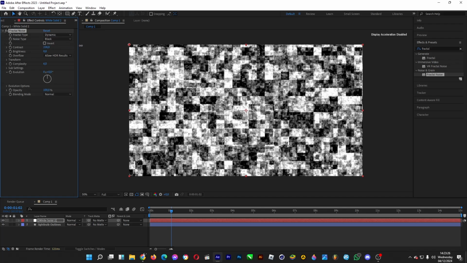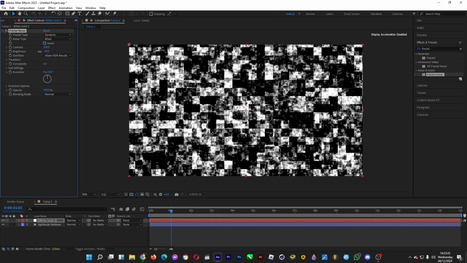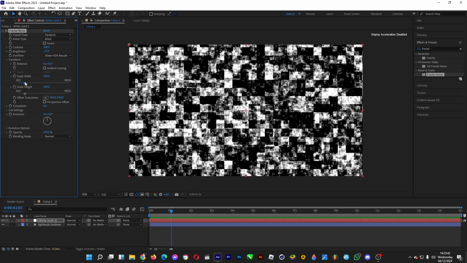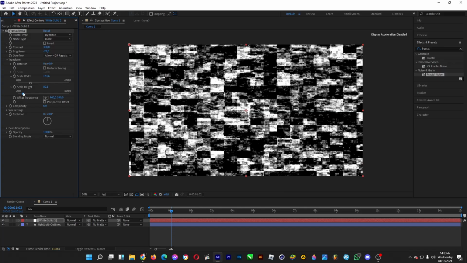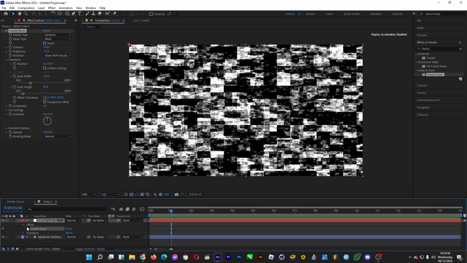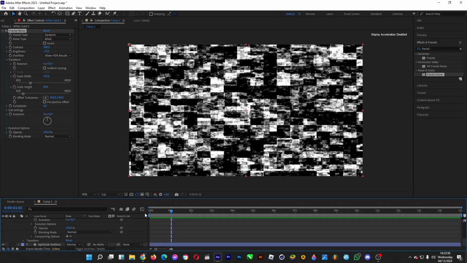Increase the contrast so that there are areas which are purely white and purely black, and then you can decrease the brightness just like this. Once you're done doing so, go under transform, uncheck the box for uniform scaling, make it wide and short in width, and then go under white solid effects, fractal noise, and then go to